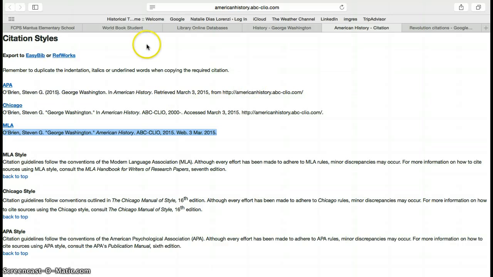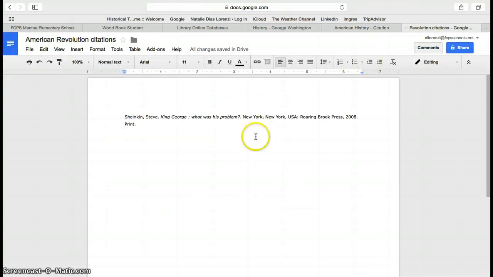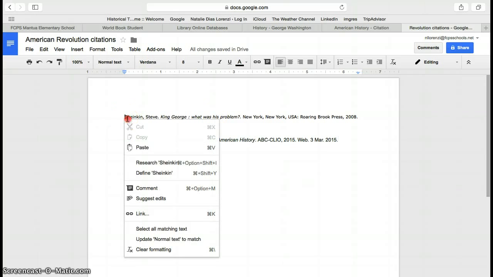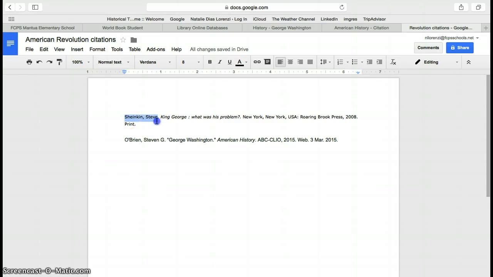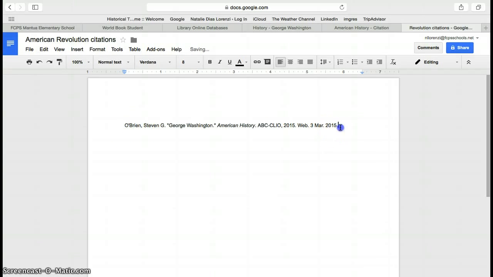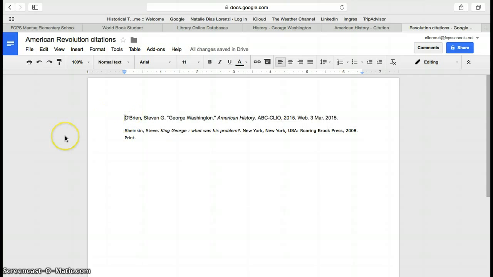And I'm going to go back to my Google Docs page and paste. Okay, now with a database, the first one, the way they're alphabetized, you want to put them in alphabetical order, and since S comes after O, I'm going to copy and get rid of that, and I'm actually going to put them in alphabetical order this way. Okay, and then the next time that we meet in the library, we will cite an image and also a website, similar to what we did with the book trailers. So that is it for